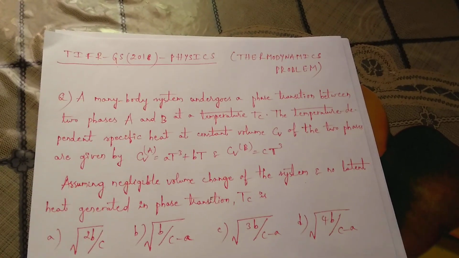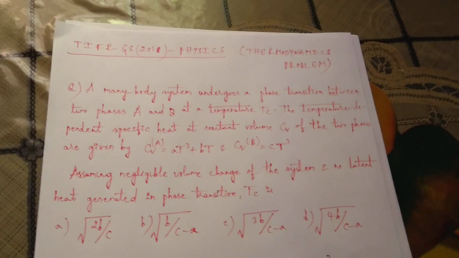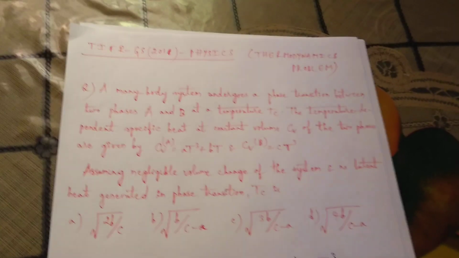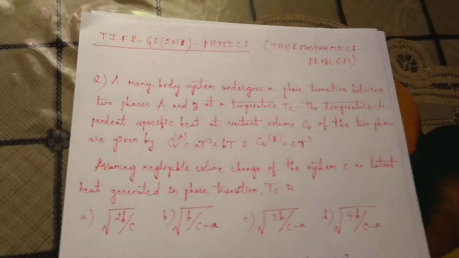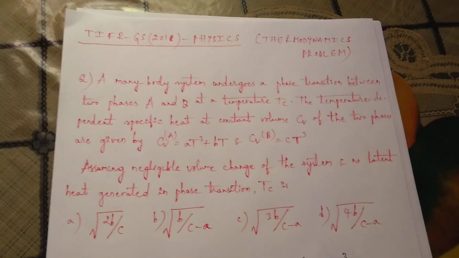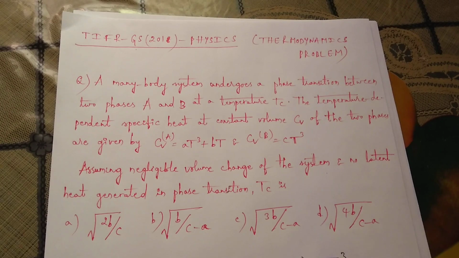This problem is basically about thermodynamics. Very interesting problem. I have solved it before. Today I am going to solve it for you again. Okay, let's get started. A many body system undergoes a phase transition between two phases A and B at a